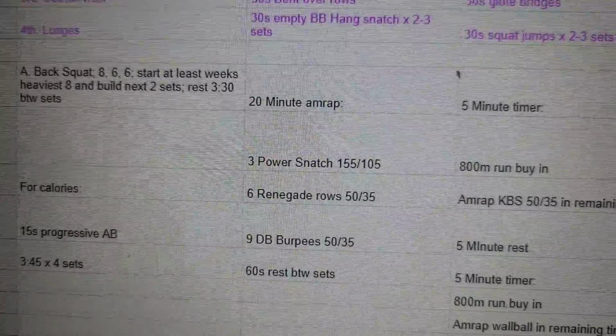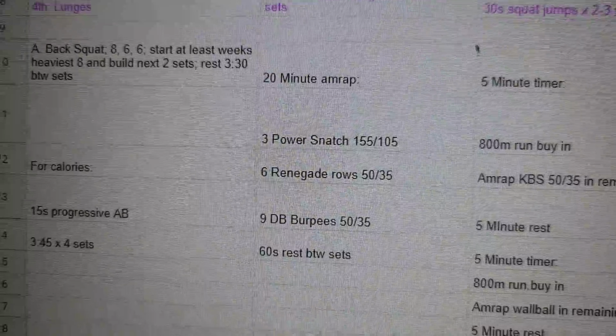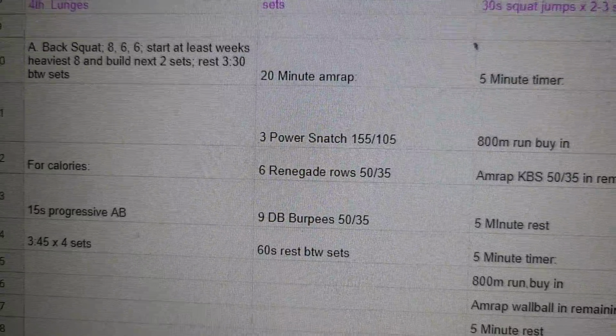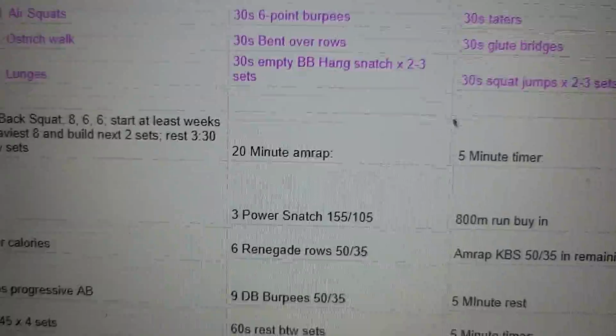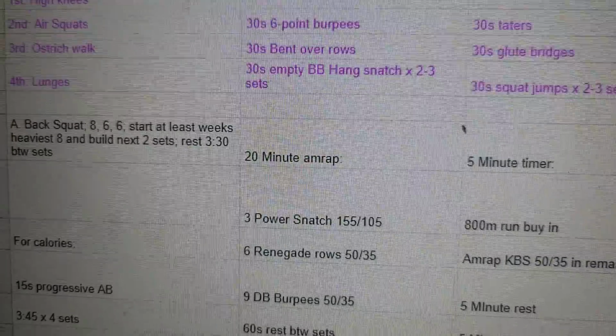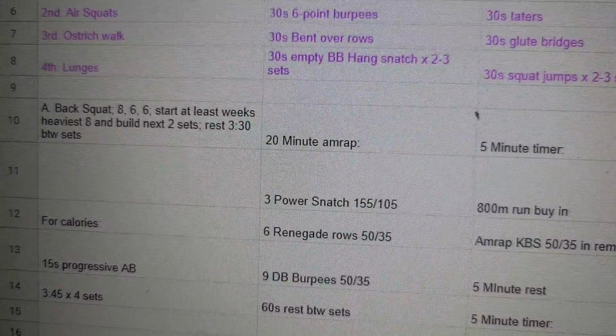All right, friends. So we're going to increase class caps to 12 starting Monday. We have to be a little bit creative here on how we do that because we still can't share equipment. We still got to be safe. So for Monday with our back squats, we're going to have 6 people start on back squat and 6 people